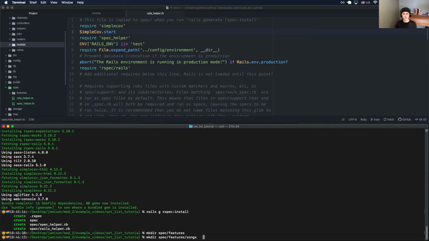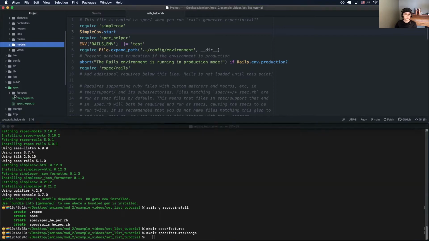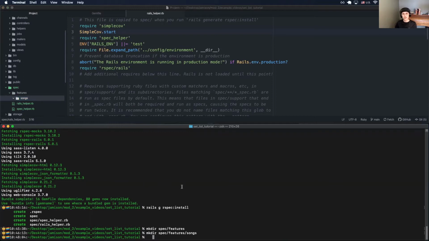So all of our feature tests for a song, how a user would interact with songs resources in our application, are going to go in spec features songs. They're feature tests, and they're tests that have to do with the songs resource. Now I'm actually ready to create my test file. So I can say touch spec features songs, and this is going to be